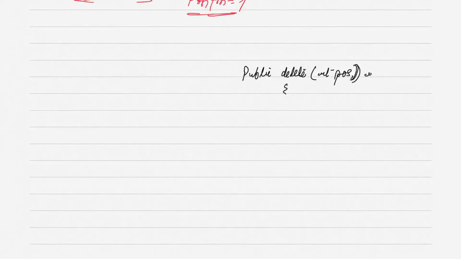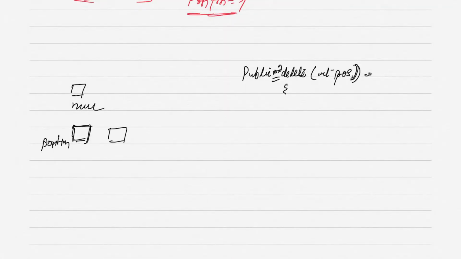If you try to solve this problem, what can the edge cases be? Suppose your head is null, so that could be one reason. The second reason could be if your position is 0.